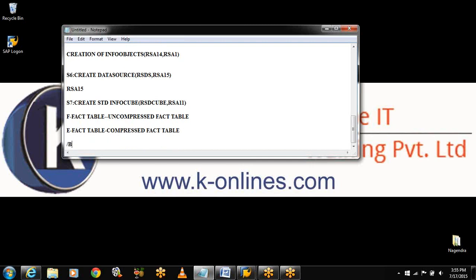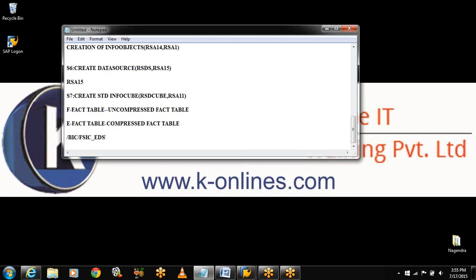Now it will be in the form of /BIC/F SIC_EDS and /BIC/E SIC_EDS. Whenever we load the data, before compression it will be stored in the F fact table, and if we compress the cube, then it will be moved from the F fact table to the E fact table, and it will maintain the dimensions also.